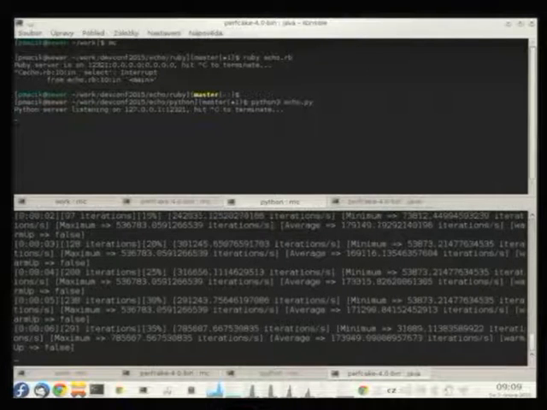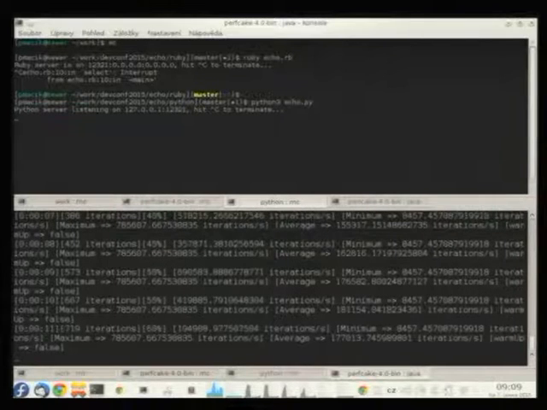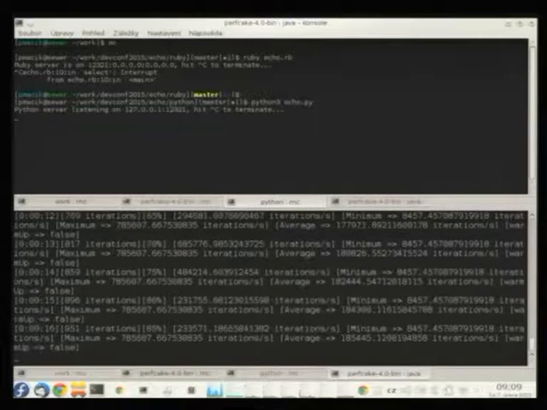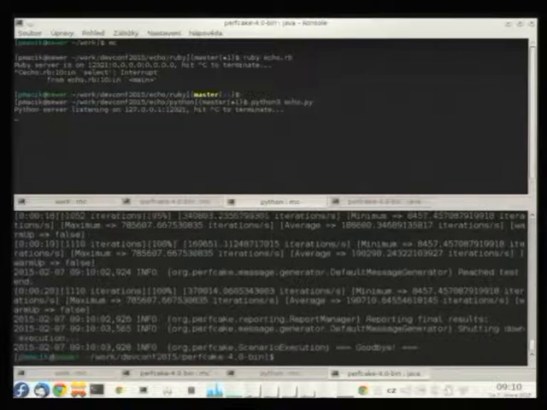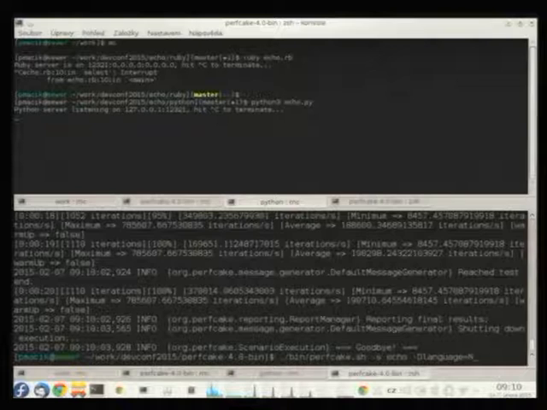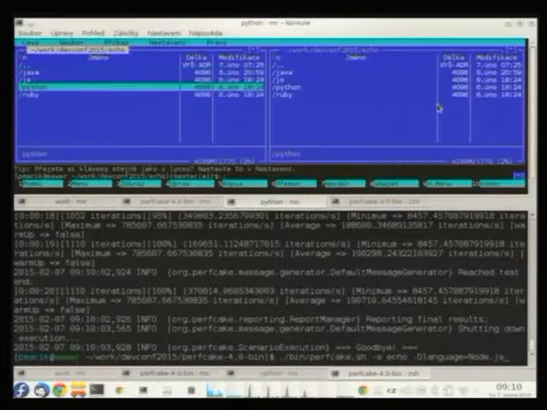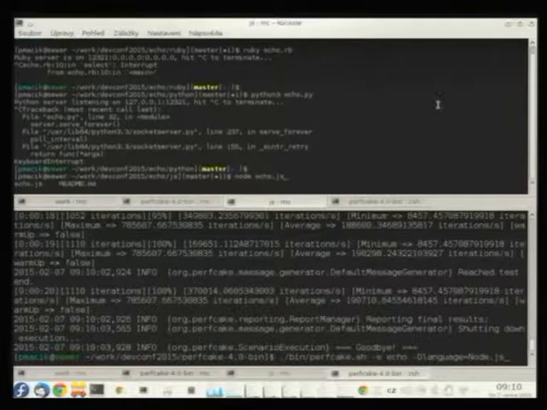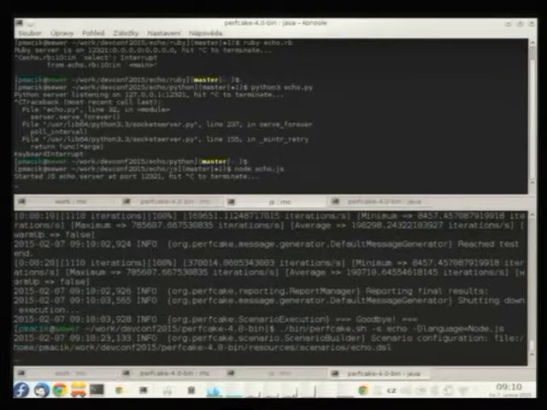So, where we are. As you can see, we are already using the Python implementation. As you can see at the output, we have some information about the throughput, performance, and so on. So now let's give a try to JavaScript implementation using Node.js.